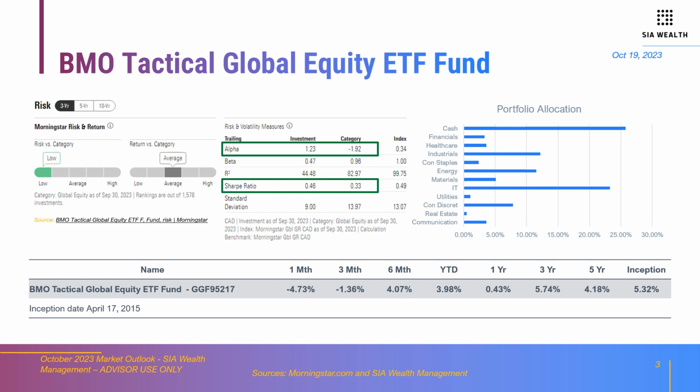In Q3, we did see contributions to performance coming from consumer discretionary name Booking Holdings and energy name Global X MLP ETF, with detractors coming from Boeing in the industrial sector and the Spider Semiconductor ETF, both of which were removed in the period. We want to highlight once again the risk reward over the longer term for the fund,